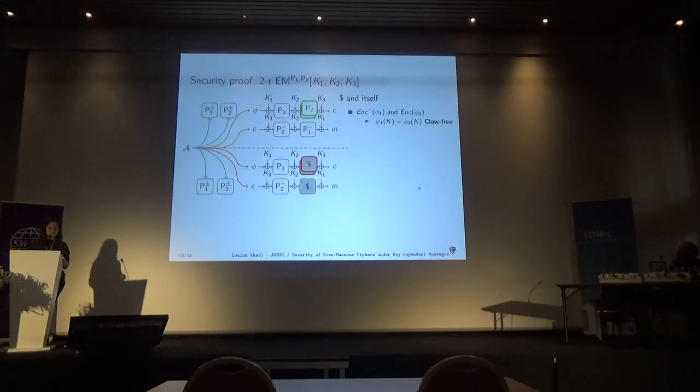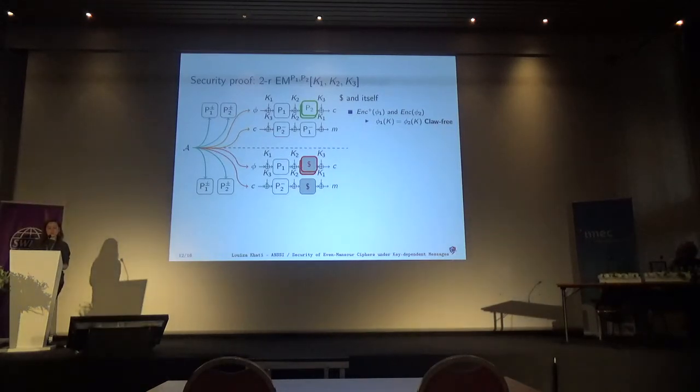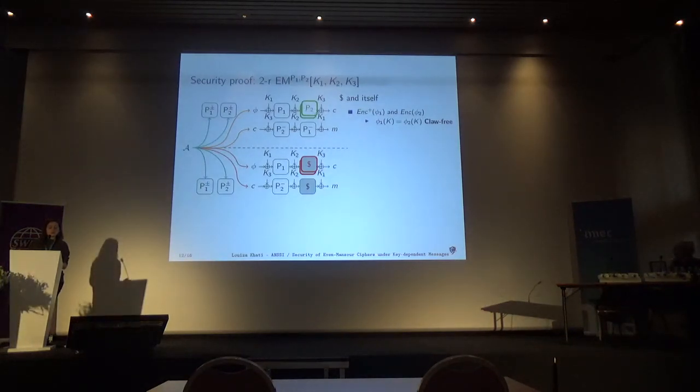Now we will take into account a second family of collision, which is when we will have a collision between the forgetful random oracle and itself. Imagine that here the adversary succeeds to have the same input for different queries. We will have different outputs here, and here we will have consistent outputs.